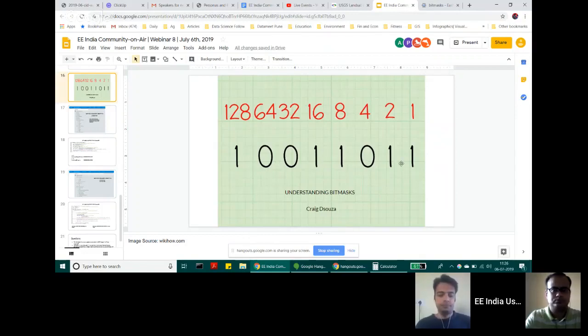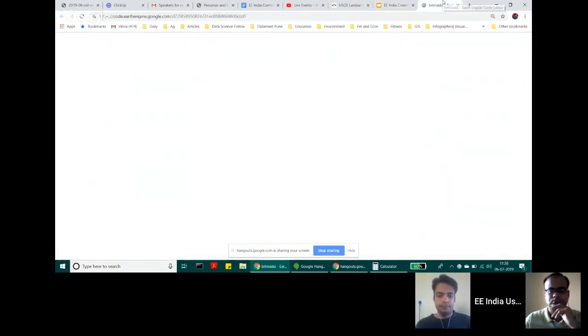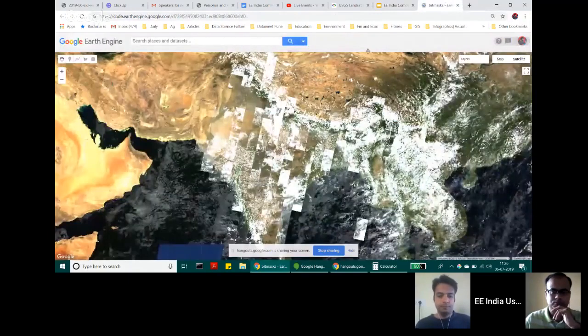In some of the imagery, you may find 12-bit, you may find 16-bit, but in each of the cases, the concept is pretty similar. What you have to do is convert, to understand what the bitmask is saying in binary terms. You need to essentially take a decimal value, which you get when you use your inspector tool to query